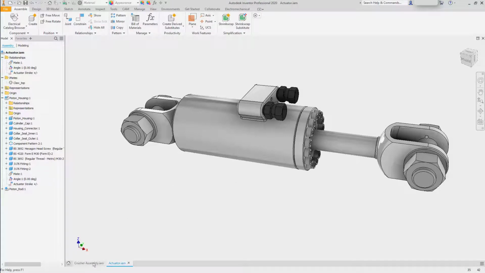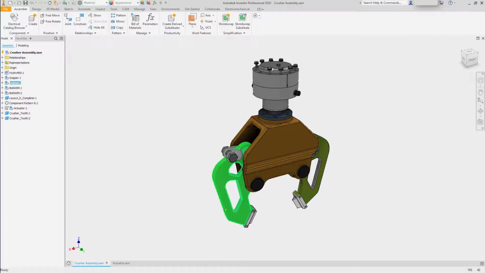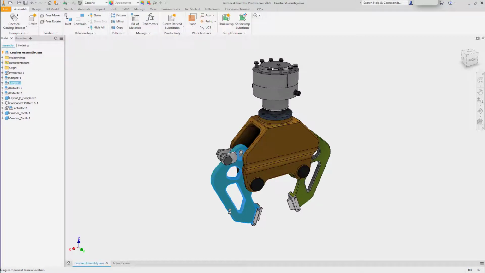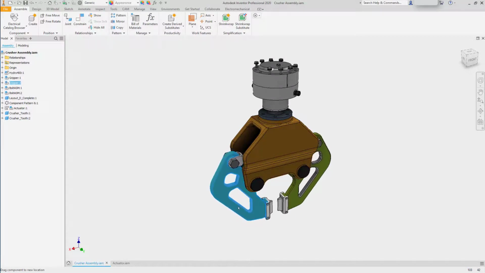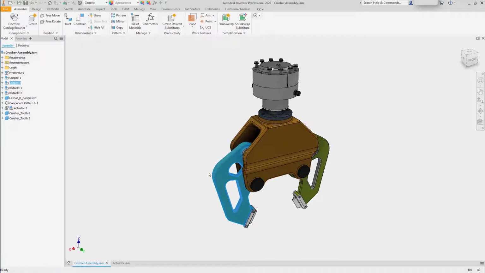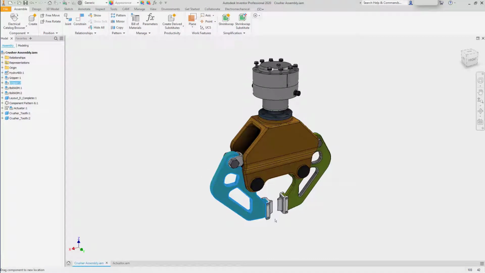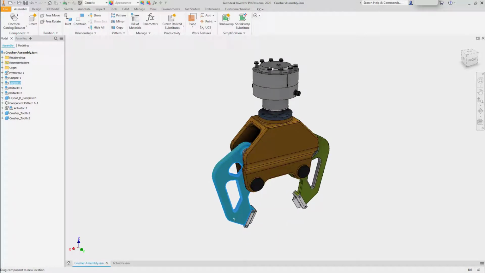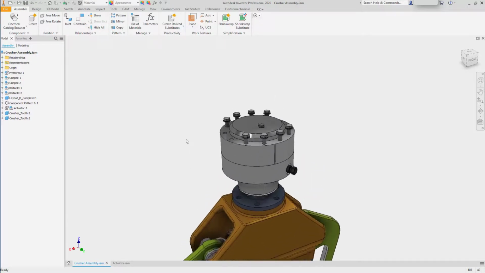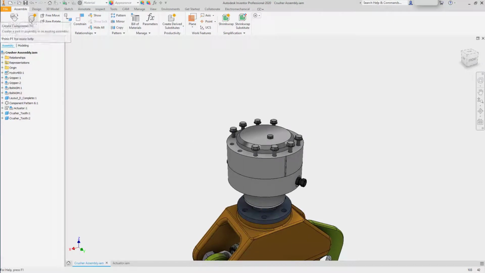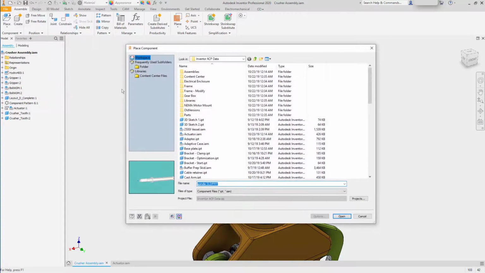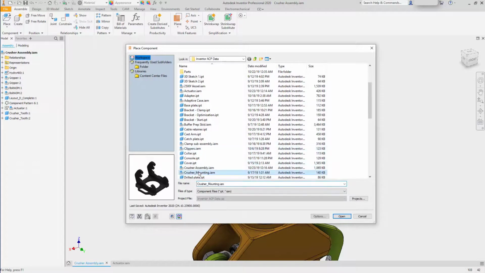By making this adjustment in the subassembly, the top level assembly also becomes flexible along that range of motion. We can move the claw, but no farther than that 6.5 inch stroke length back to 0. So now we can evaluate the range of motion of the design. We need to place one other item into the assembly. We'll place the crusher mounting assembly into the design,